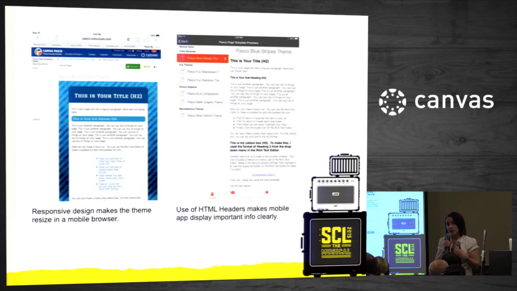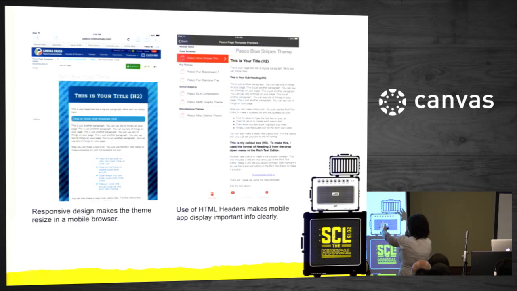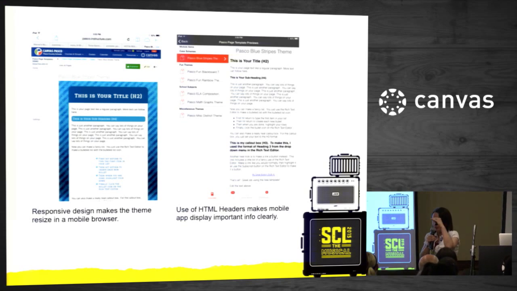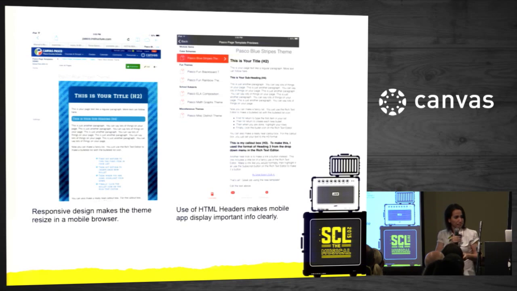But one of the reasons we used the H2, H3, H4 tags is because those represent a matter of importance, right? An H2 is more important than an H3, which is more important than an H4. The way HTML works, it's going to natively make an H2 bigger and more bold and an H4 slightly less big. So even though we don't get the cutesy styling, we still get a page that makes sense because they've implemented the H2s, H3s, H4s.